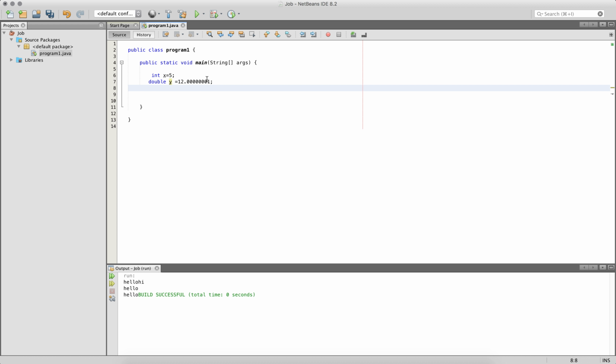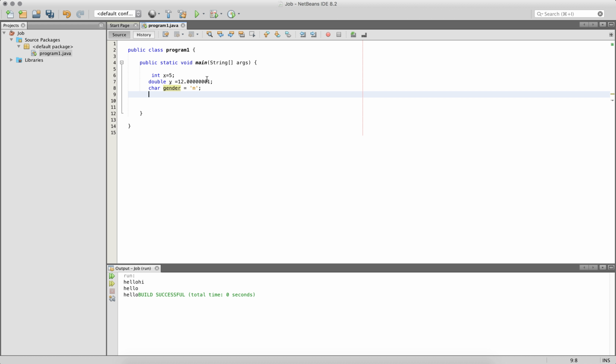Next, we're going to have a char. Char is just a character. Char, we're going to call this gender equals single quote m. We're going to have this as a male. Next, we're going to have a string, capital S String, name equals Betty,